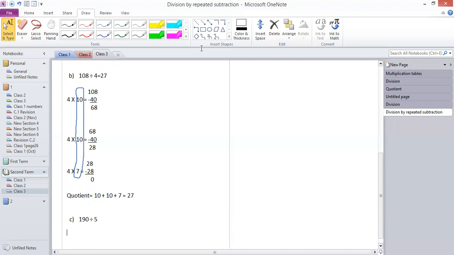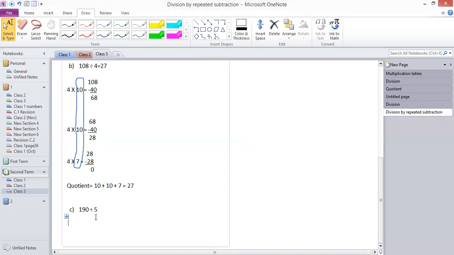Yes, you have to write it in the notebook. Why ask? I asked you to write it. Complete it in your notebook, guys. 190 divided by 5. So guys, I should multiply 5 by 10. 5 by 10 equals